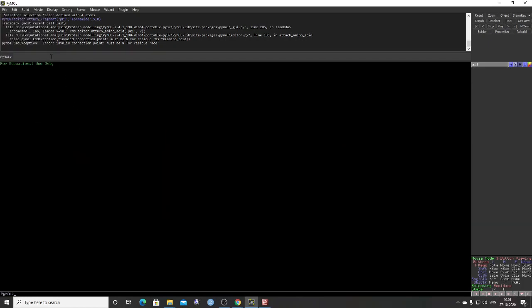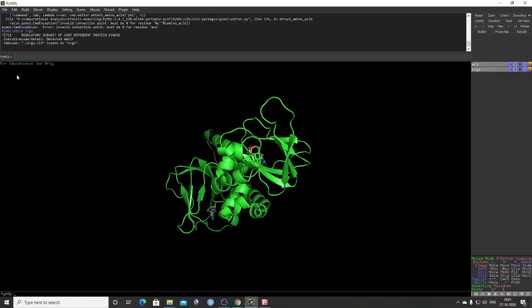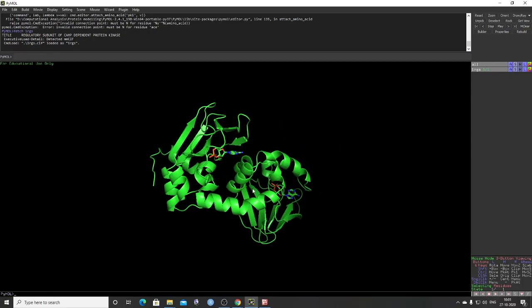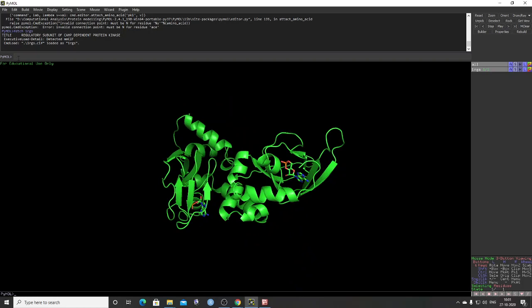initialize everything. I type fetch 1RGS, which means I want to get one molecule, 1RGS. So it should give the molecule like this. This is a fetch command. If you type a command here, you can change the color, or you can get a molecule here. Okay, so this is the command line interface.